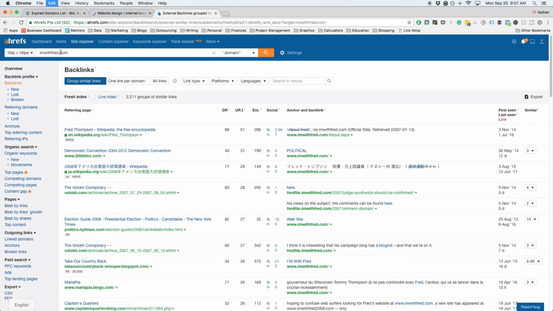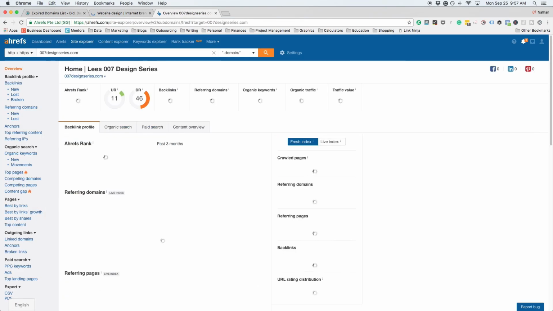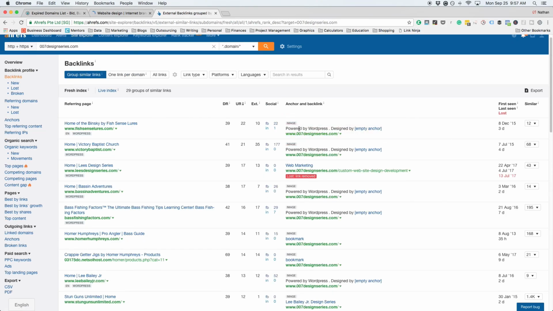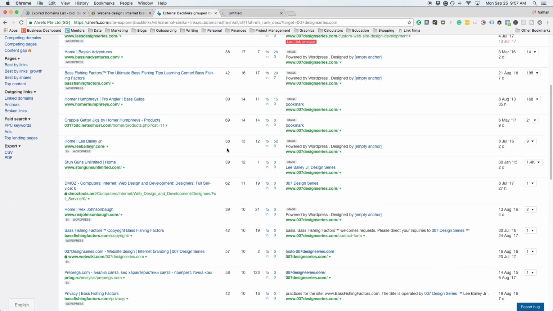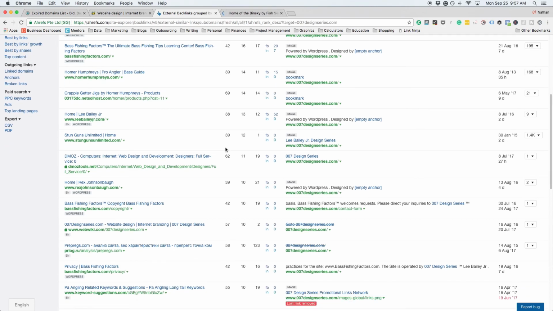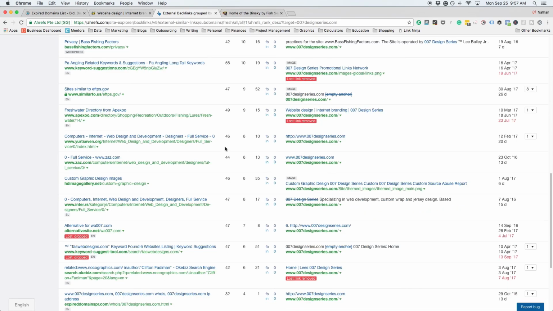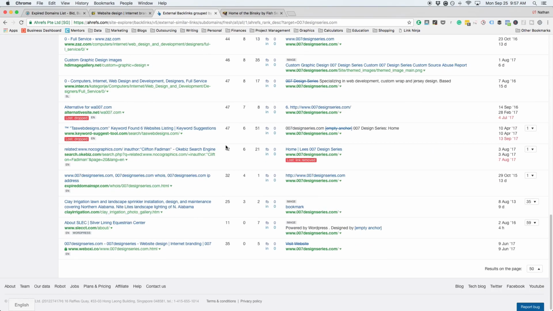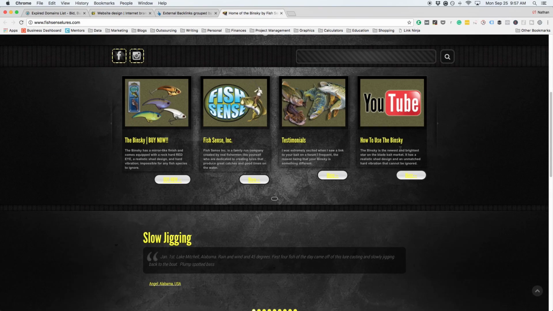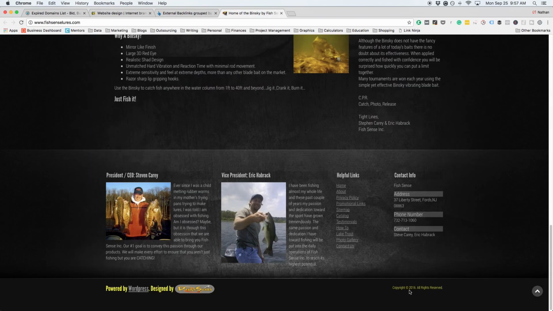So now we'll throw this domain into Ahrefs, and like I expected, they have links that say "powered by," or basically links that are in footers on their clients' websites. And another important point to keep in mind is that their footer links are not keyword rich. And so that's really important. If you're going to get a domain that has footer links previously, you want to make sure that the anchor text that they used is either branded, an empty anchor, or something really generic, because footer links can be dangerous if they are keyword rich.